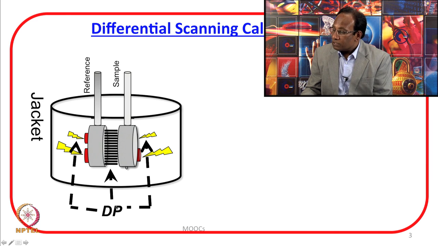Please note down, simultaneously you are heating it at a constant heating rate, but you want the temperature difference between the two cells to remain 0, in the sense that if the temperature tends to fall in this, meaning if it starts absorbing heat, additional power needs to be supplied to the sample cell,